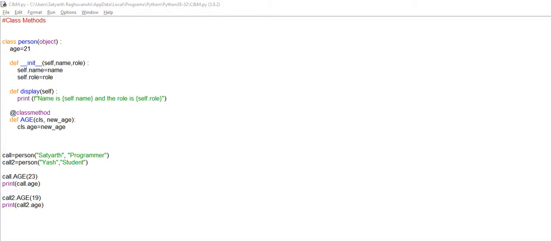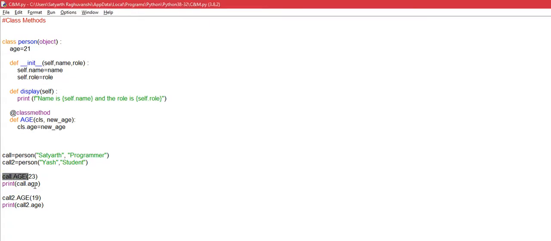So in the previous video we talked about some of the basics and of the class methods, how you can create and make some alteration in the class instance variable, and then how you can create a class method. So there's something I forgot to tell you guys. If you look here,